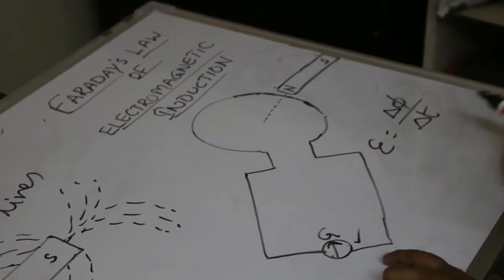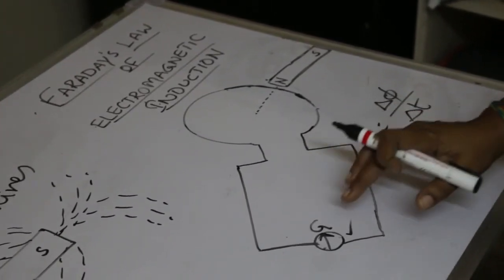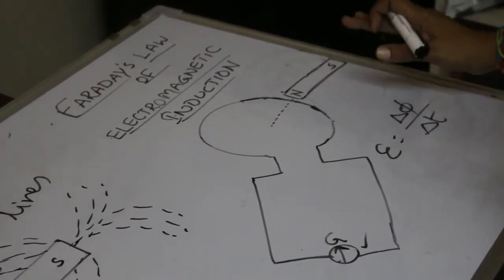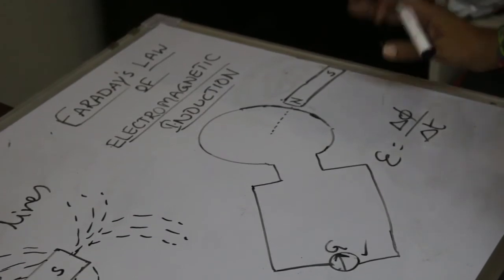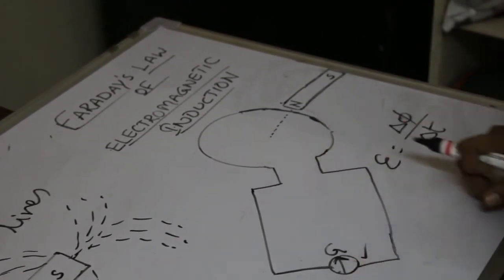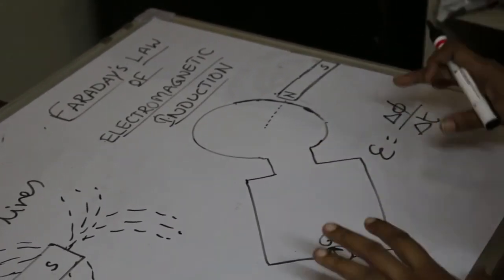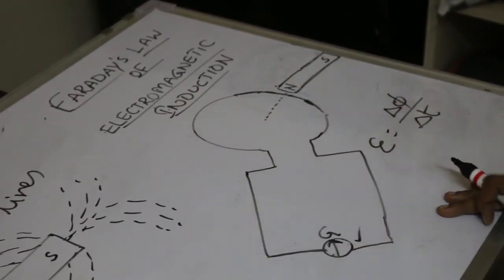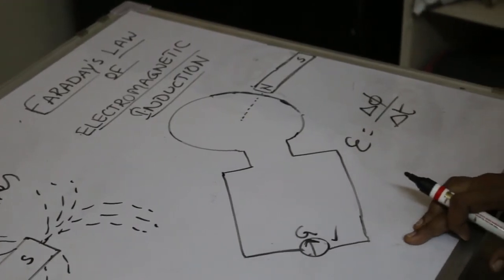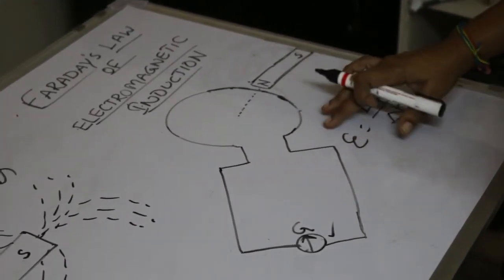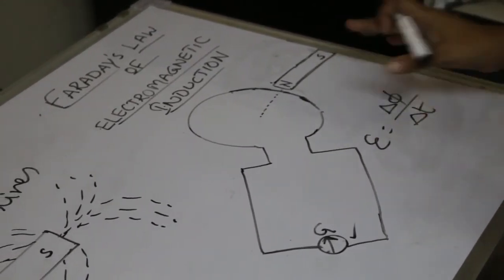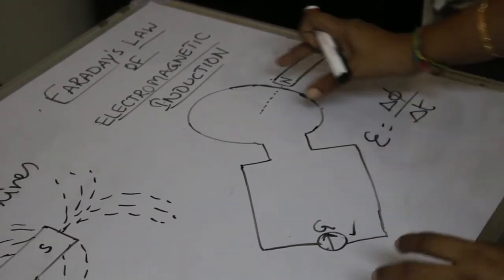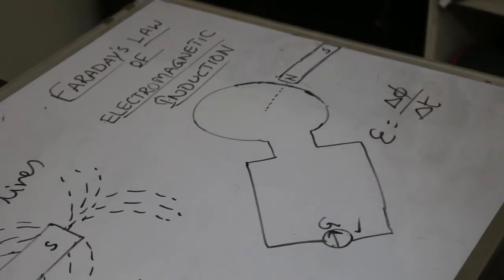One thing we have to note is that the galvanometer is showing the deflection whenever there is a relative motion between either coil or magnet. So what is the reason for this deflection in the galvanometer? That means some current has been induced in this coil. That is the first thing. And the second one is that we are moving either magnet or coil, and because of that, it is showing some reading indicating some current has been induced.